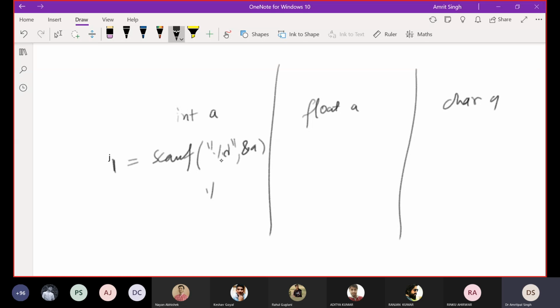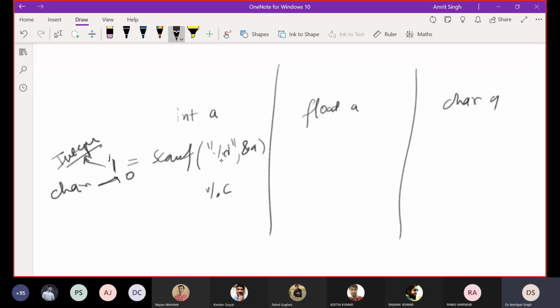When I used %c and tried to enter something, when I am entering an integer, it is accepting only the signed integer, so it is going to return me 1. But when I try to add a character, it is going to return me 0.